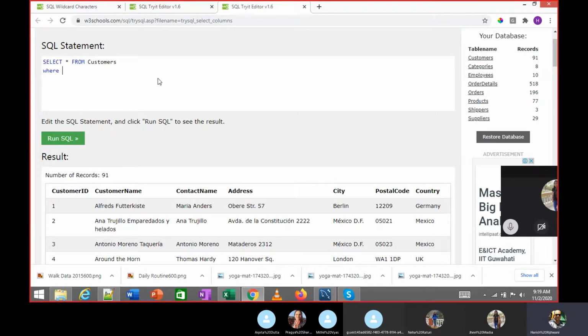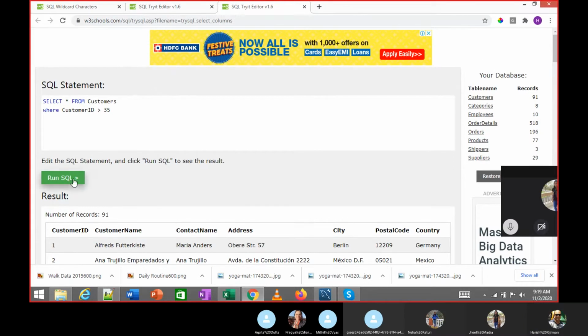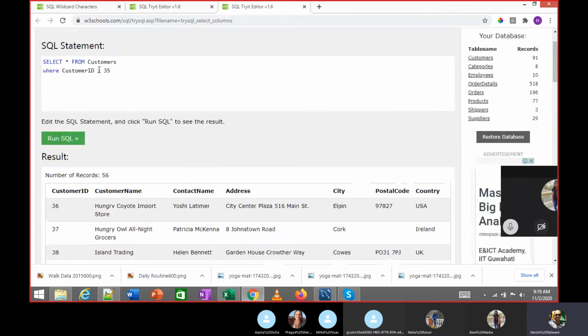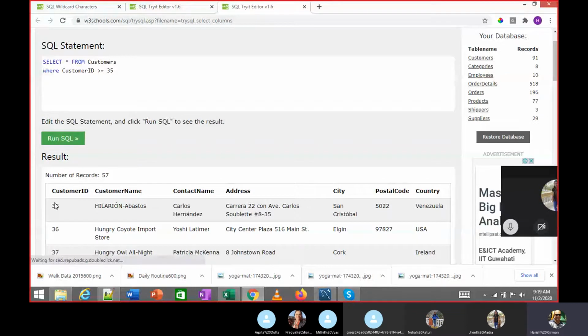You just have to replace. And again for here also, if you try with greater than equal to, you will get the value of 35.